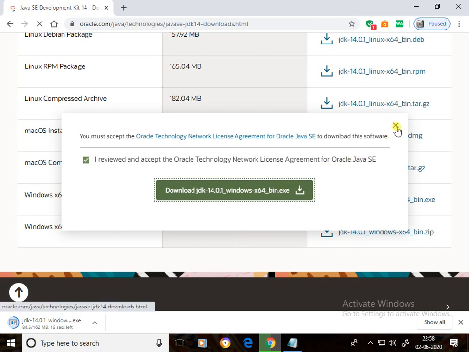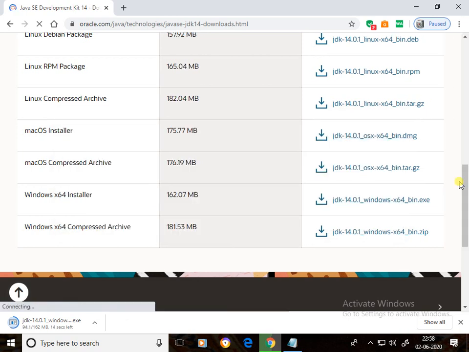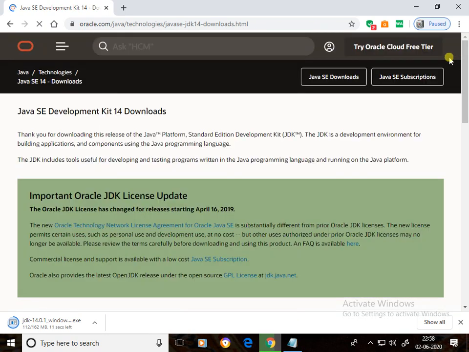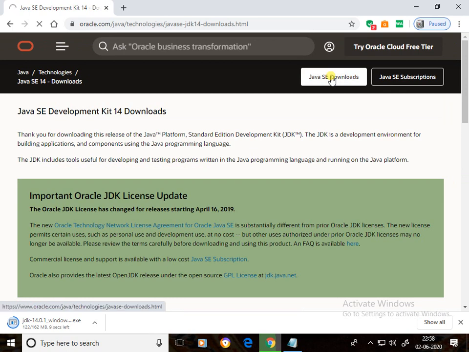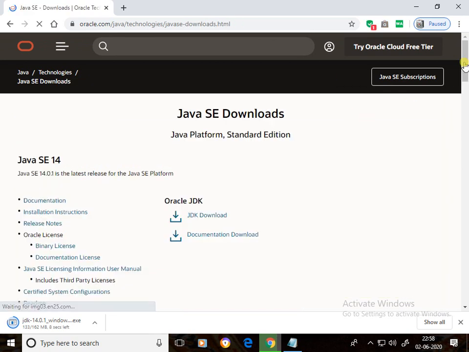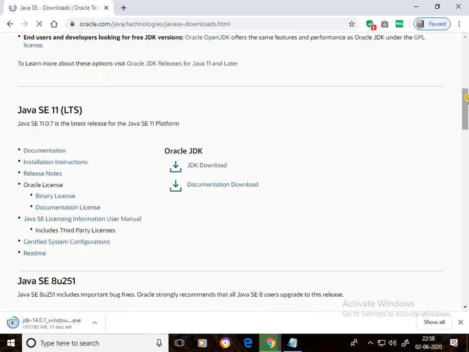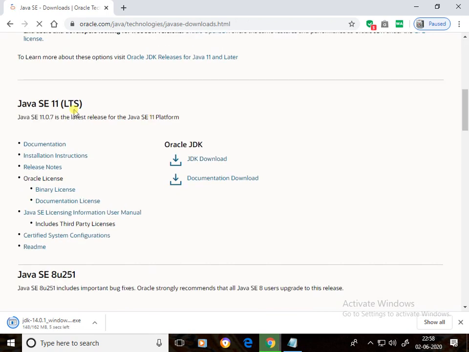Suppose you want to download for 32-bit operating system, then click on Java SE downloads and scroll down. Here is Java SE 11.